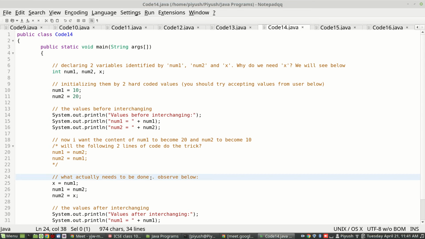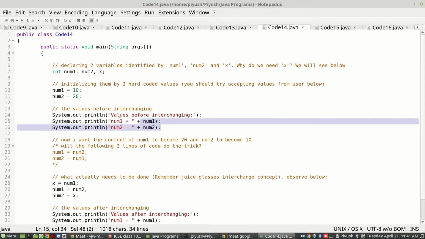I'll write, remember the juice glasses interchange concept, so that while revising the program, you can understand. So I have taken x as the third variable, num1 I have taken 10, num2 I have taken 20.